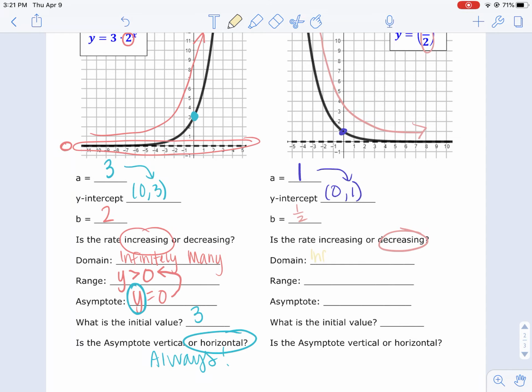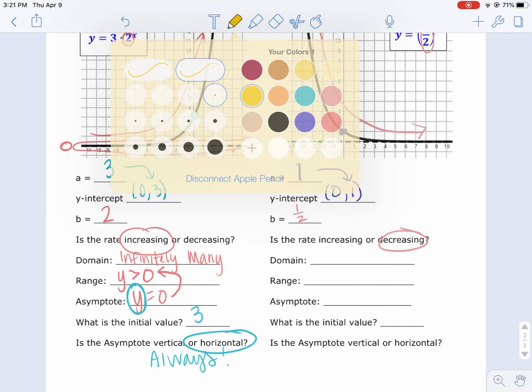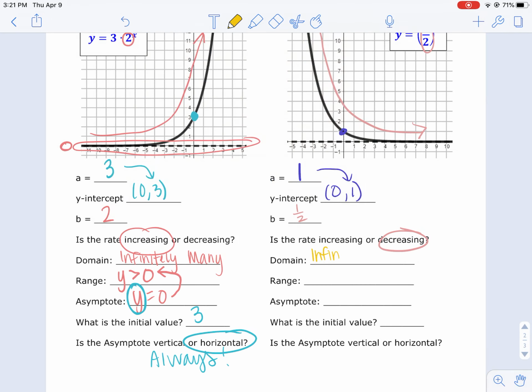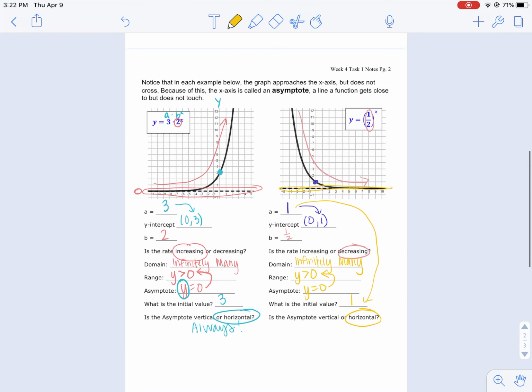My domain, again, is going to be infinitely many. And then I'm going to identify my asymptote first. So my asymptote is this line right here. So that's y equals 0. Therefore, my range is going to be greater than 0. My initial value is my a value or my y-intercept of 1. And again, those asymptotes are always going to be